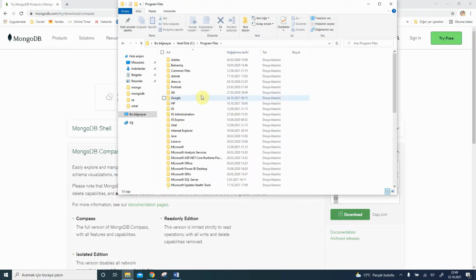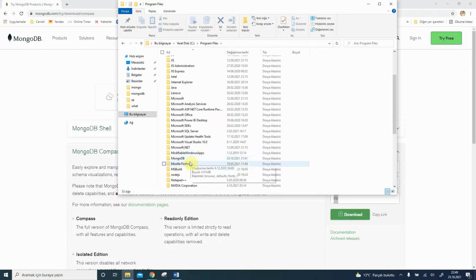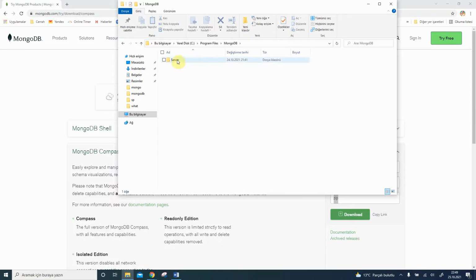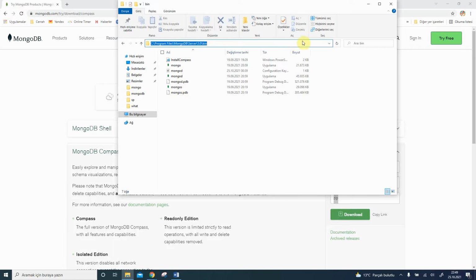Go to program files, go to MongoDB server 5 bin. I have installed MongoDB. While I was installing MongoDB, I set up MongoDB Compass too, and click here and write